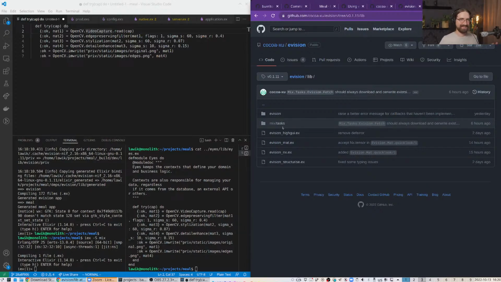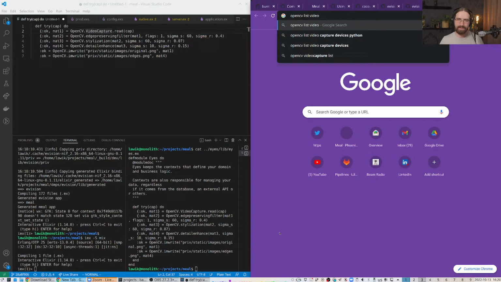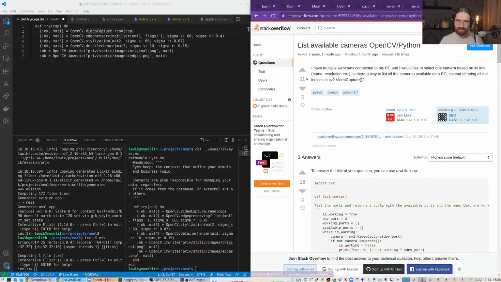It's just better than spinning up a bunch of terminals, I think, in addition to what I'm already showing you all. So OpenCV list video, yeah, list cameras. So we'll have to guess a little bit at the API,